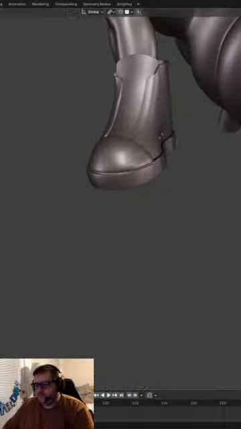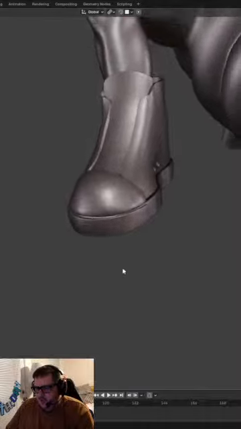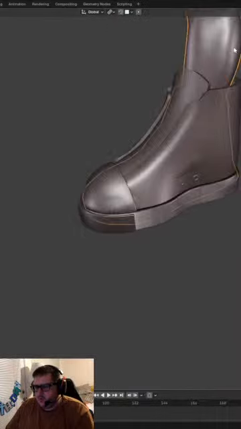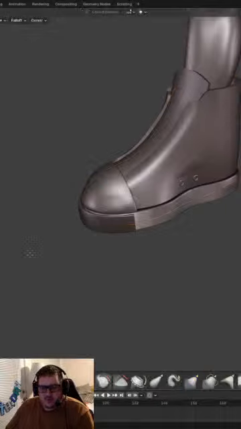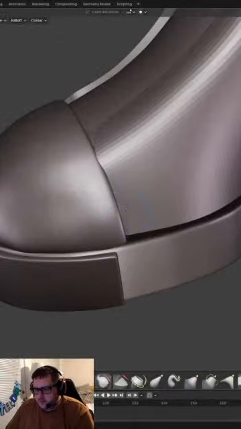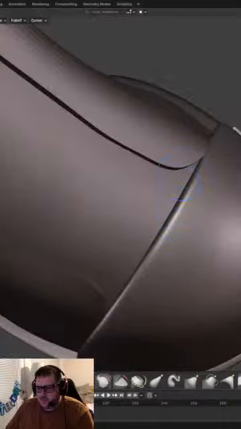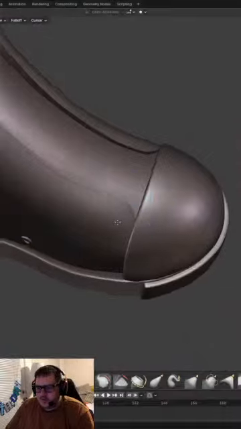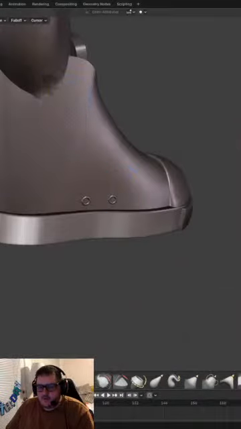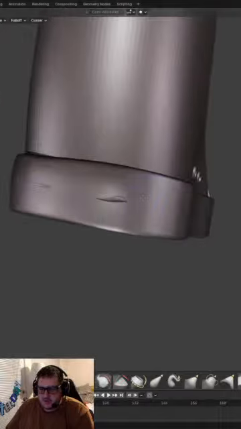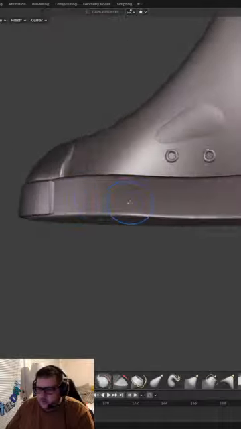Alright, so the next thing is whether I want to apply. Let me just edit something real quick that's going to bother me if I don't get it out of the way, which is the foot actually sticking through. Alright, so let's push the foot back just ever so slightly, and I know it's sticking out the side of the shoe, but that's a whole nother issue.